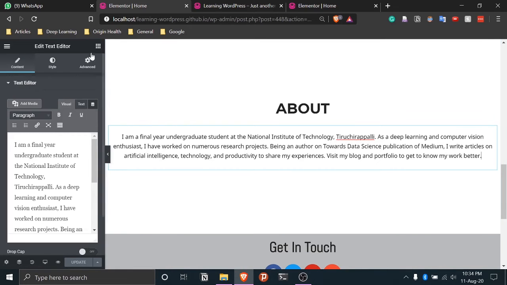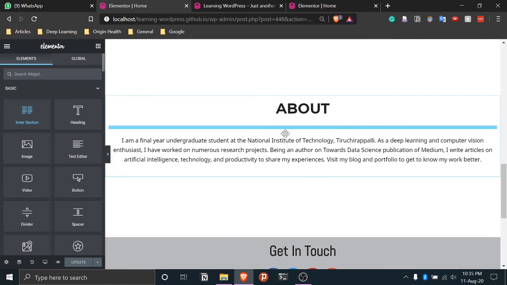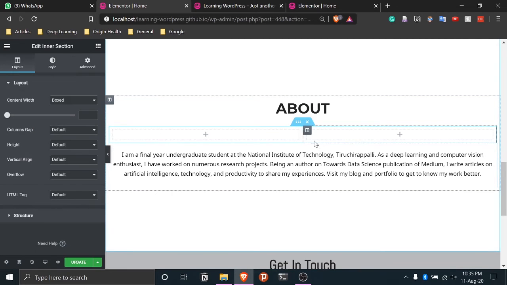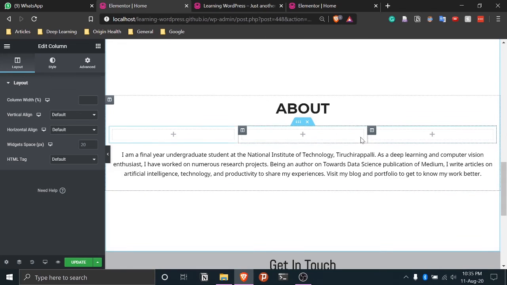Okay. So what you do, you go to this icon and then you go to structure. What this allows you to do is have multiple columns in the same thing. So in our case, it's better if we have three columns. So this basically means I want to edit the column. So I can right click and then do add new column. So now I have three columns. So I can manually adjust them how much I want.